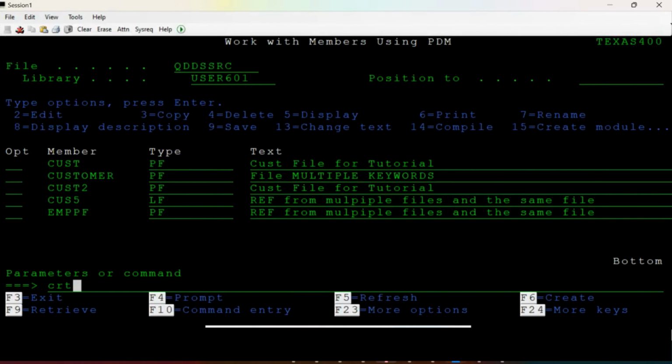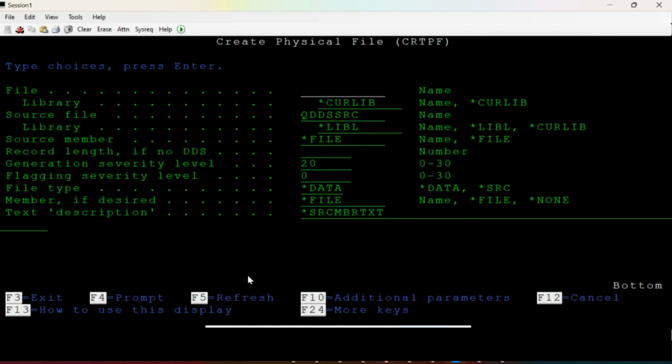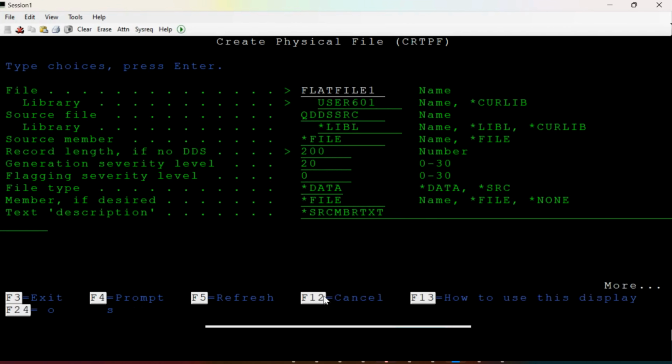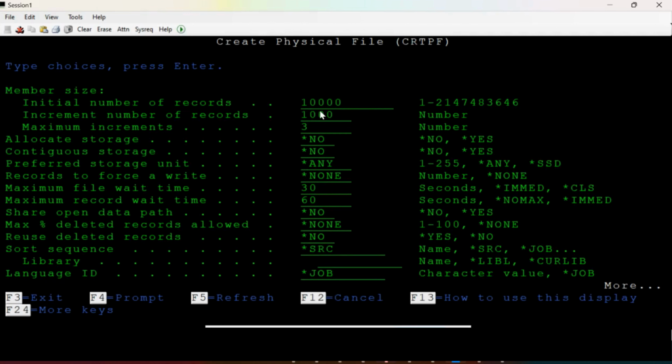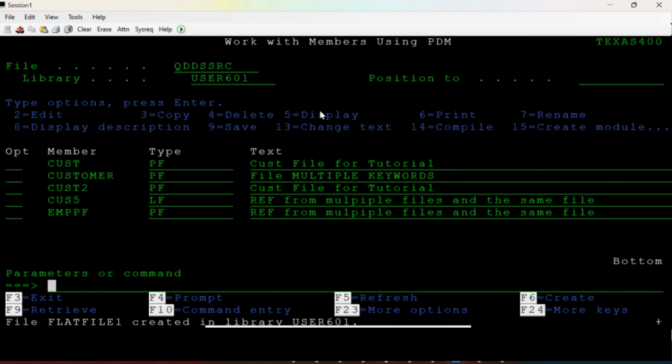Now let us try to create the flat file in AS400. So I logged into the system. All we need to use is the CRTPF command. I am giving the file name flatfile1, and I need to give the library name and the record length. Here I am using 200 length, and then I am clicking on F10 for the additional fields in the create PF, and I am giving *NOMAX,